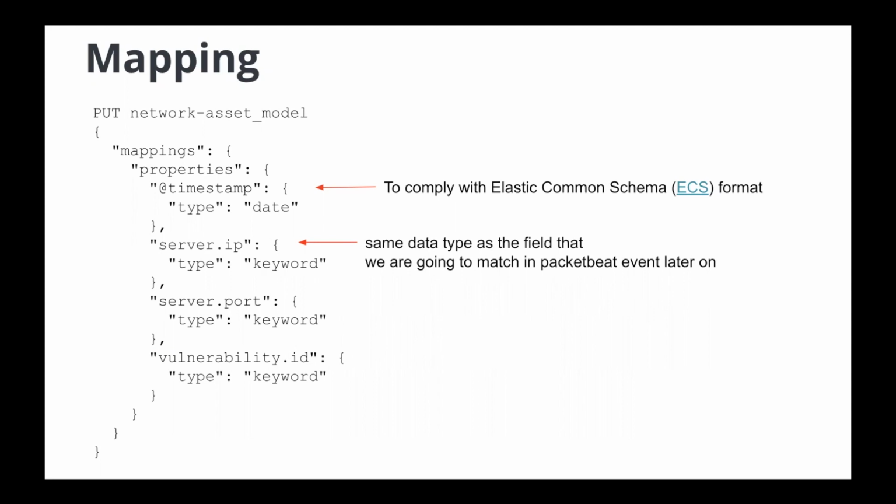Particularly, the timestamp is very important here. Basically, it's to comply with the Elastic Common Schema, the ECS format. We need this for the rule to run properly. And the second field, server.ip, is the field that we're going to use to match in the Packetbeat event